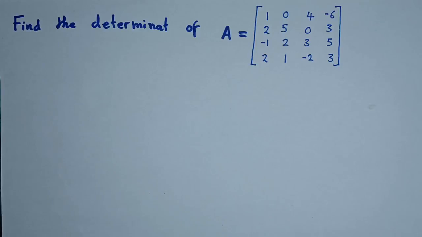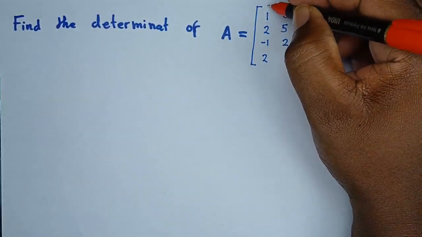Now it's very important to know how to find the determinant of a 3 by 3 as well as the determinant of a 2 by 2, because that's what we'll be using as we are finding the determinant of a 4 by 4. Okay, so what I want to do is from the first